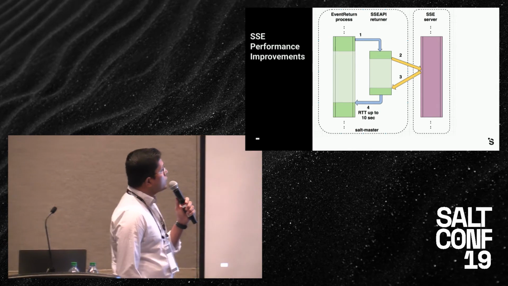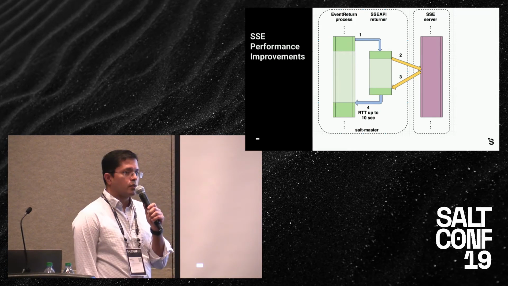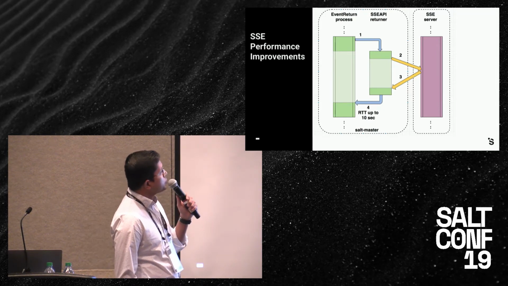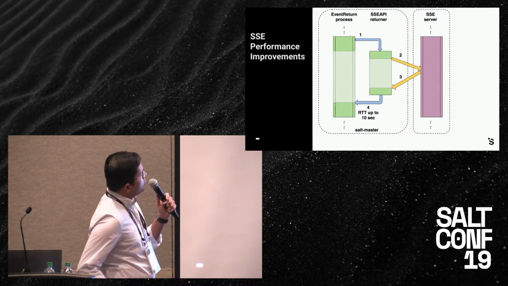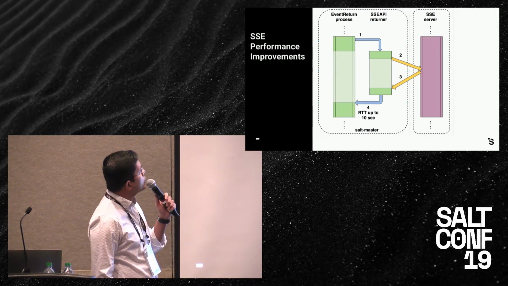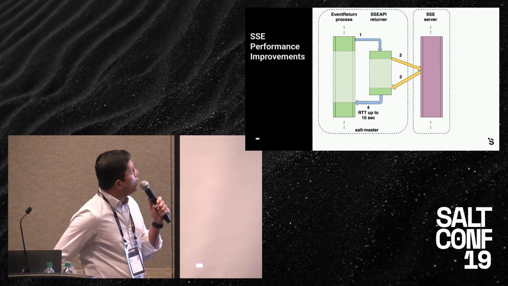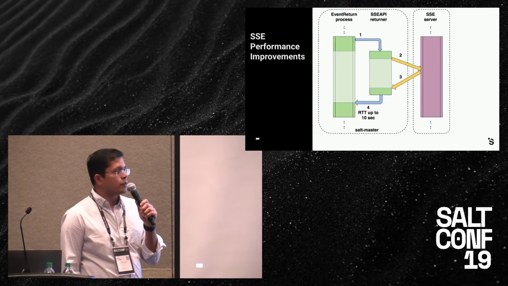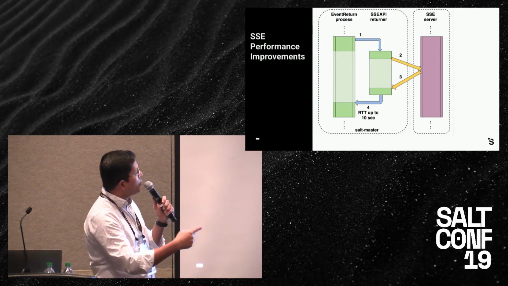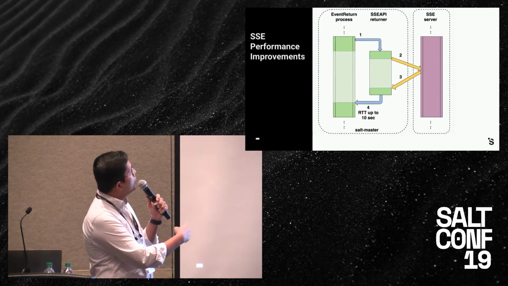And so this is the high level design of how it used to work in previous versions of SaltStack Enterprise. A job return would come in on the master. The sequence is 1, 2, 3, 4. So the master would send that to the returner, and the returner would then send that event back to our SSE server. And until the SSE server acknowledges that event, essentially the master was blocked on its end.